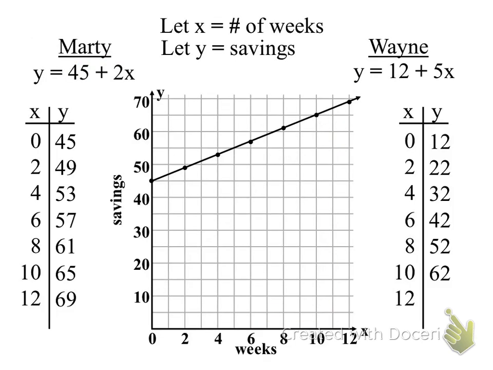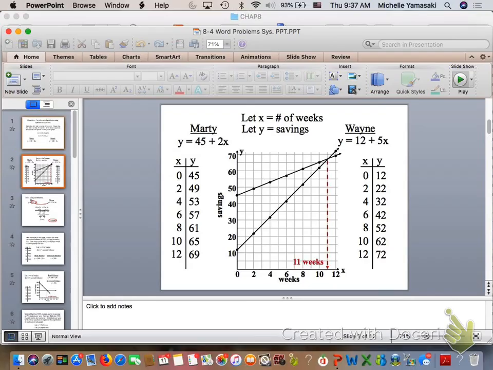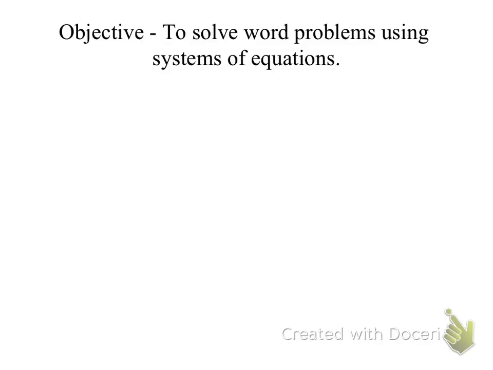Really the question reads, write a linear equation to represent it. It doesn't really ask us to find anything. But on the test tomorrow or on the quiz, I will be asking you to